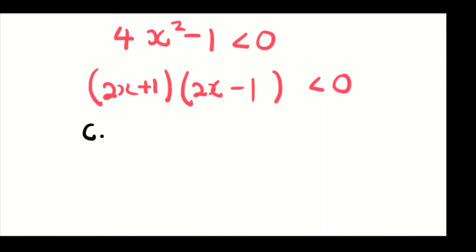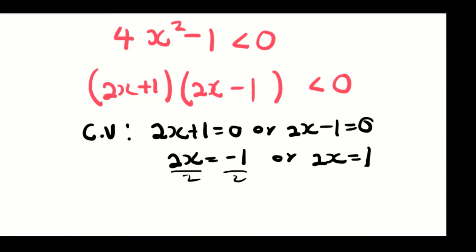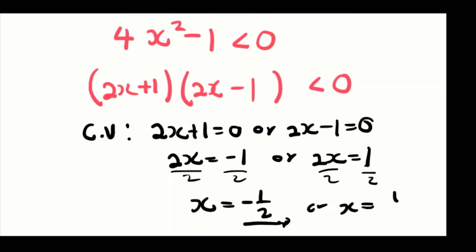Then our critical values: 2x plus 1 equals 0, or 2x minus 1 equals 0. So we're going to have 2x equal to minus 1, or 2x equal to 1. So we divide by 2 on both sides. We have x equal to minus 1 over 2, or x equal to 1 over 2. So these are our